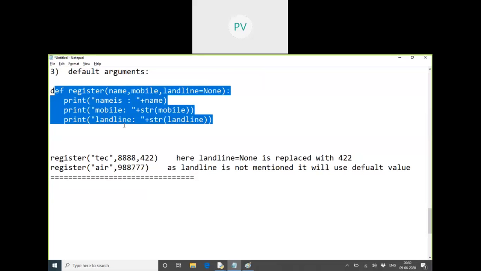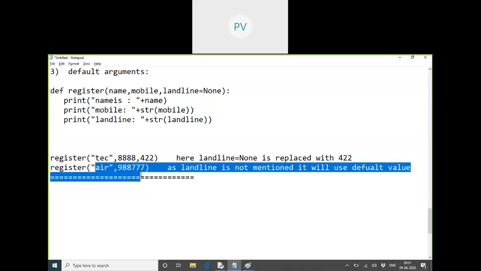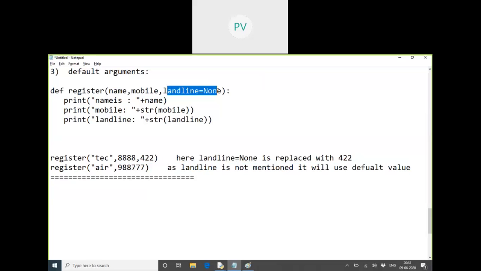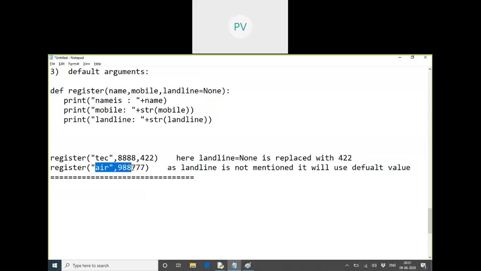We will not have the method overloading concept in Python. Python does not have the method overloading topic. So whatever method you write, whichever value is optional, you can just give a default value for it here itself, so that even if he does not pass it, it will accept. So now this function can be executed by passing how many arguments? 3 arguments or at the most 2, because landline is optional here. Clear? So this is like register with all the 3 inputs or register with minimum 2 inputs.